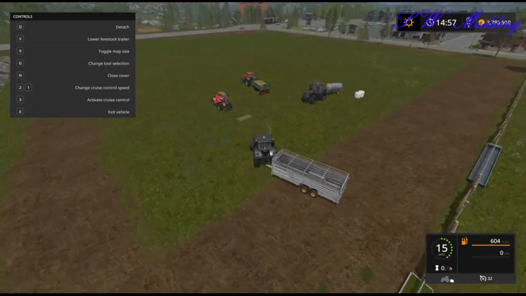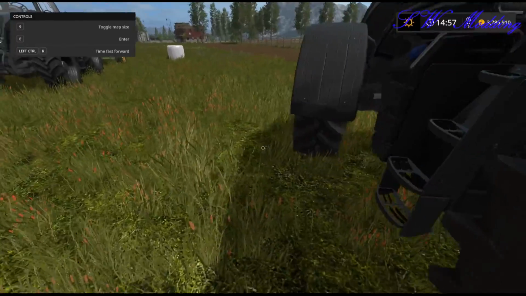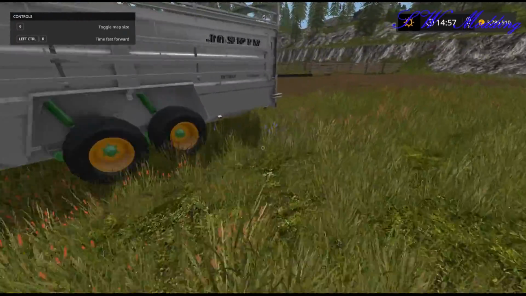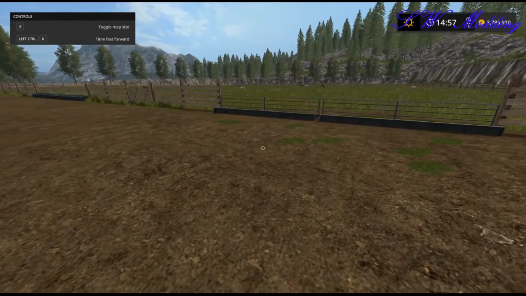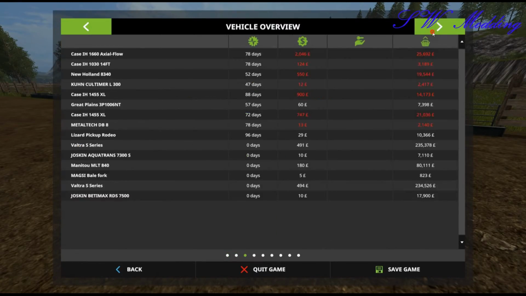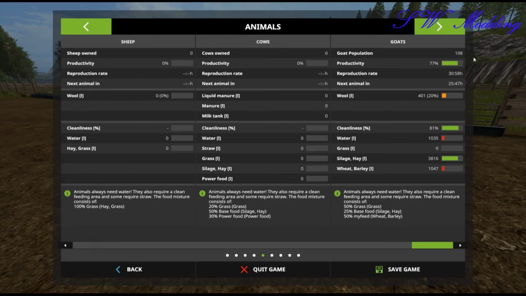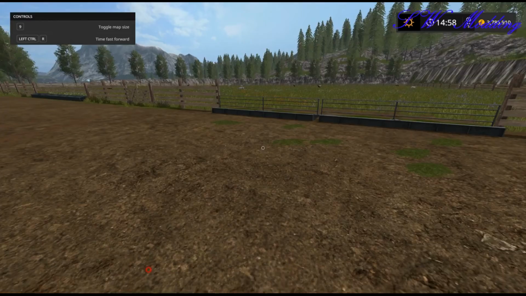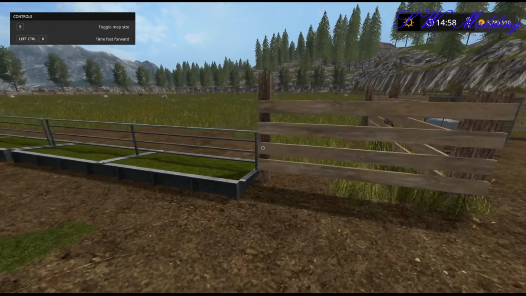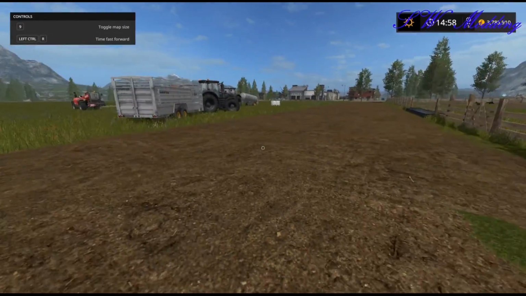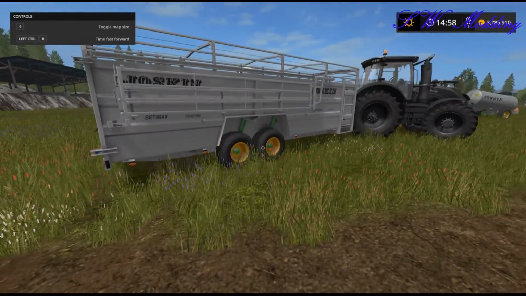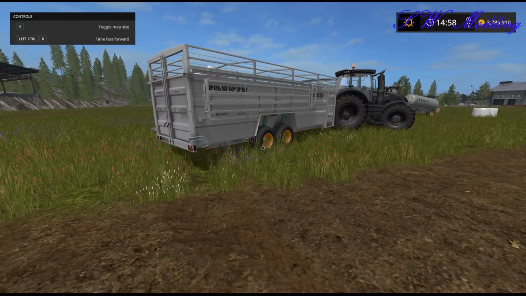And if I come back out of here to give me a bit of space, I should now be able to go into the menu and see that I've got 108 goats. So we'll go in here, come across to our animals, we've now got 108 goats. So that side of it is working perfectly fine. We've managed to eventually set up a trailer and got all the bits and pieces in there. We have,